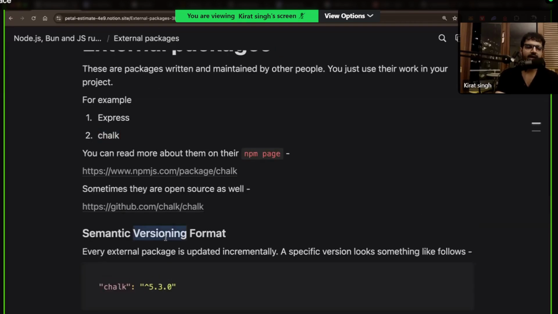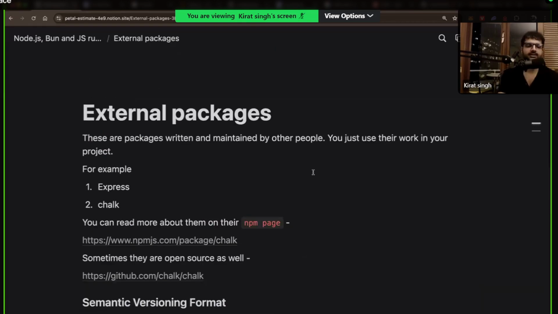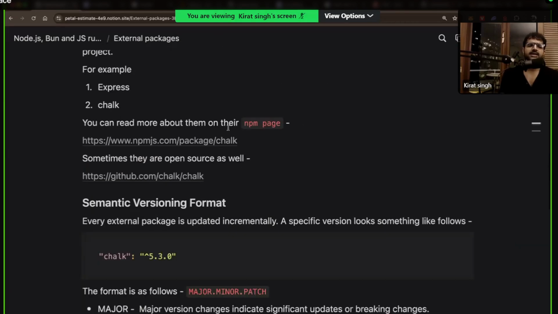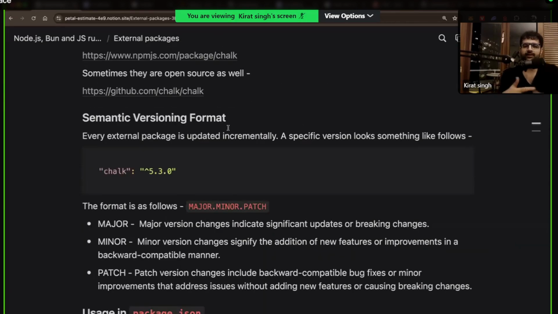Cool. Let's see if this has something extra. No, this has semantic versioning format next, which before we go there, let's do a quick poll. Do we understand internal versus external packages? I would assume it's straightforward and you understood it in a jiffy, but I could be wrong. Let's see. Let's get into some more slightly extra things that are good to know. Okay. 91% is great. Some extra things that are good to know, which again, as I said, we wouldn't even cover this in cohort 2, but I'm calling them out specifically in cohort 3, so that helps out everyone.